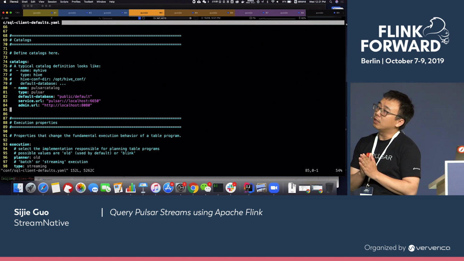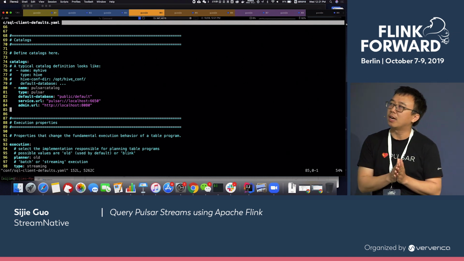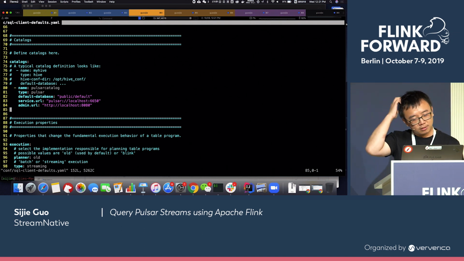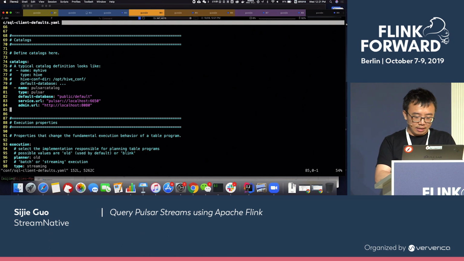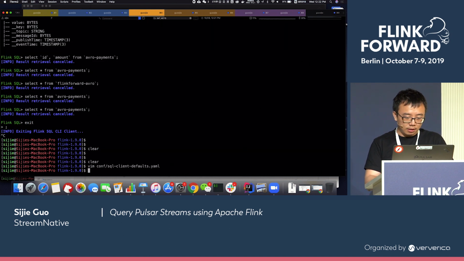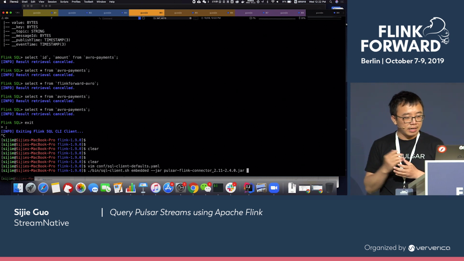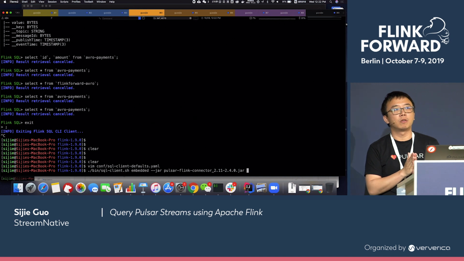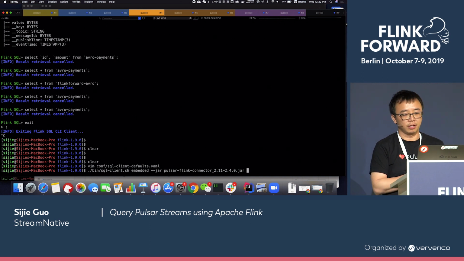And you can specify the location, how the SQL client can connect to the Pulsar cluster. Once you have that, you also need a connector, a Pulsar Flink connector that we built for integrating Pulsar with Flink.